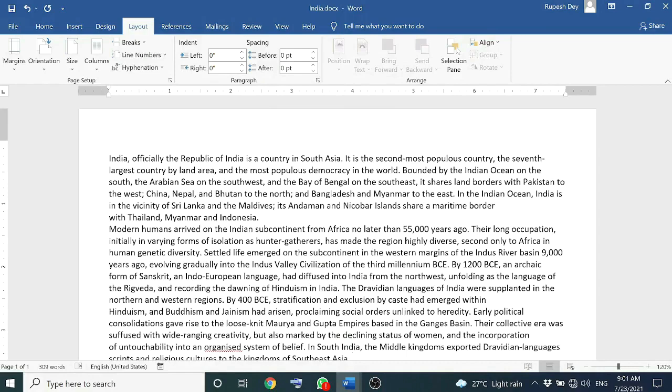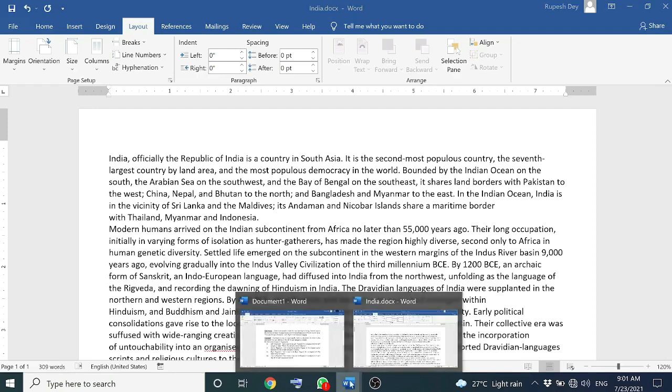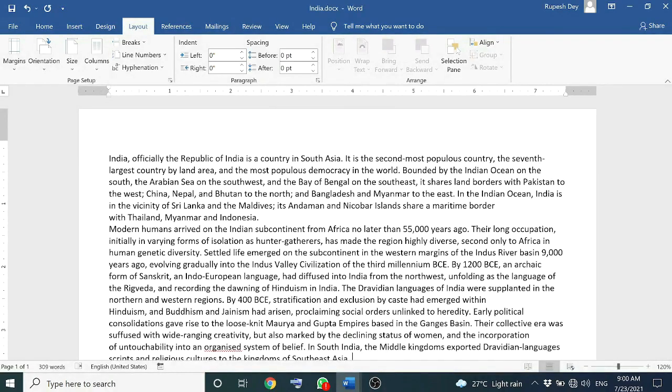Okay. Now we will learn alignment, which is not there in your book, but it is important for us to learn. It increases the readability of the document and makes the text more eye-catching. Now what is alignment? Alignment is the way of organizing the text in a document. It refers to the position of the text relative to the left and right margins or indents. In Microsoft Word, we have 4 types of alignments: left alignment, right alignment, center alignment, and justify alignment.